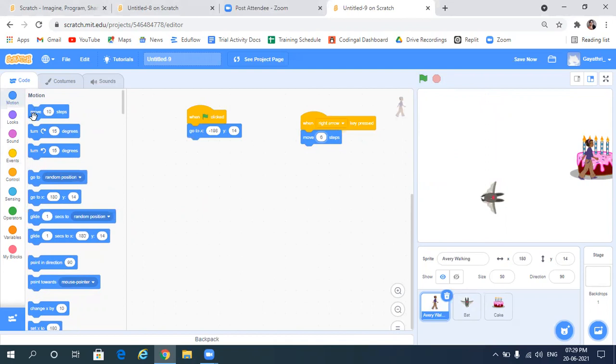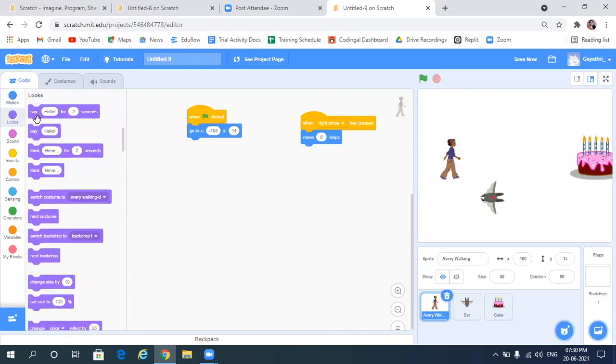We still need to program here. If you want to feel like the girl is walking, then you should go to looks and select next costume and place it here.